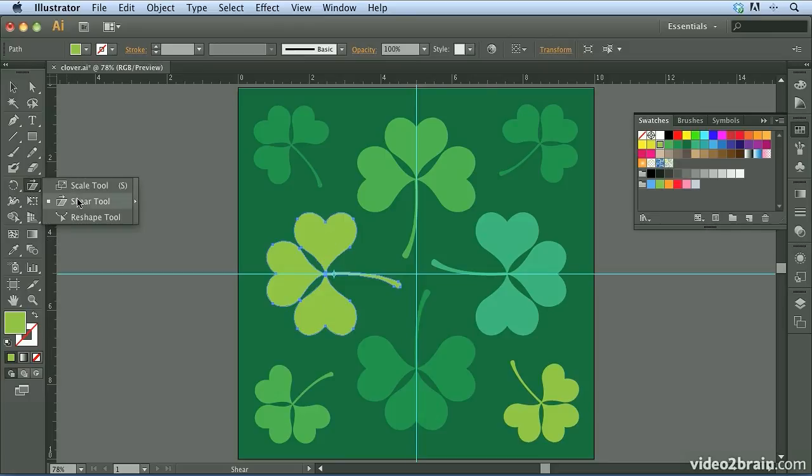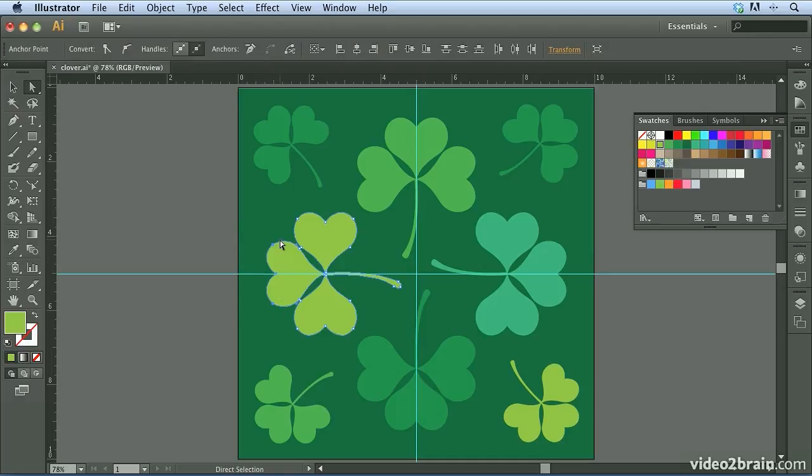The other tool is the Reshape tool. And to use the Reshape tool, what I'm going to do is grab my Direct Selection tool, and I'll just click and drag to marquee a couple of the points on this shape. And now when I grab the Reshape tool, you can click and drag on one of these anchor points. And the job of this tool is to help you to modify and distort the shape overall, but kind of keep the overall shape of the path without making it too modified as you would normally get with, say, the Direct Selection tool as is. So I'm going to undo that, keep it as is, and then I'll come back here to my Selection tool,